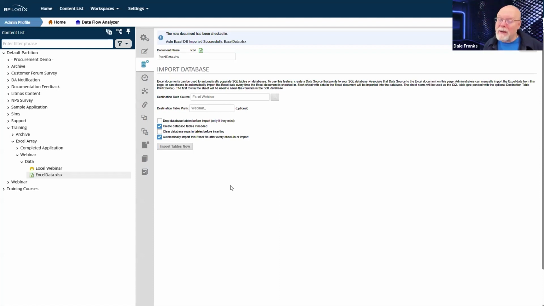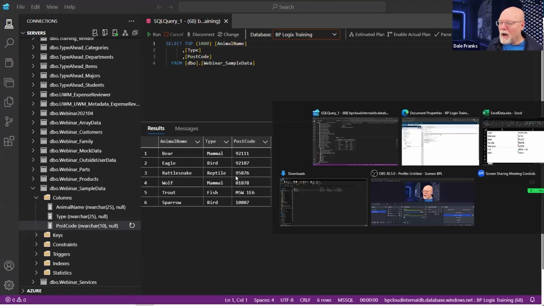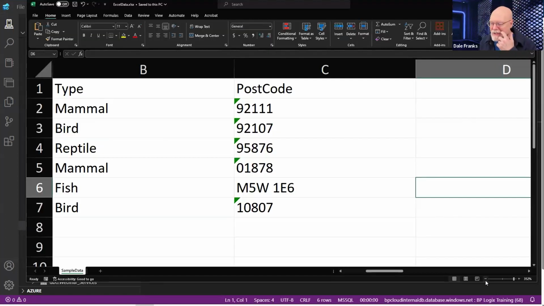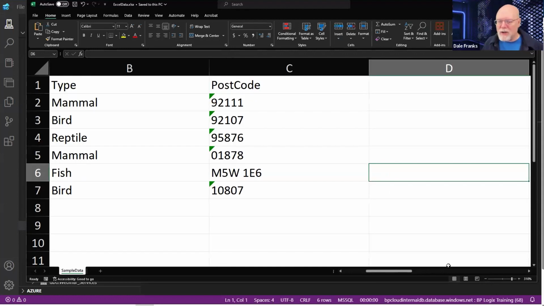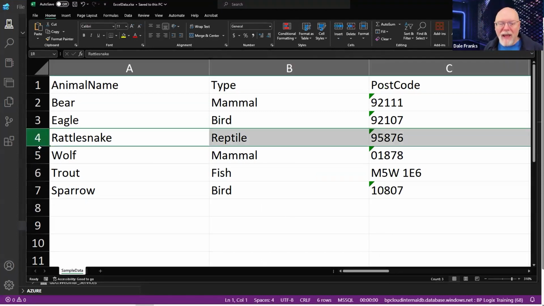Maybe it's not. Now I will grant that I think in most cases, you're probably always going to just re-import your existing data. And if you have any new data, it's going to be re-imported as well. But what if that's not true?